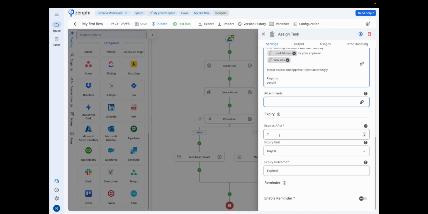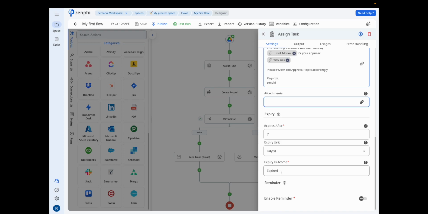And here we can specify that, for example, after 7 days, this request would be expired. And if it is, you can be notified, or you can create any logic that you want to work on